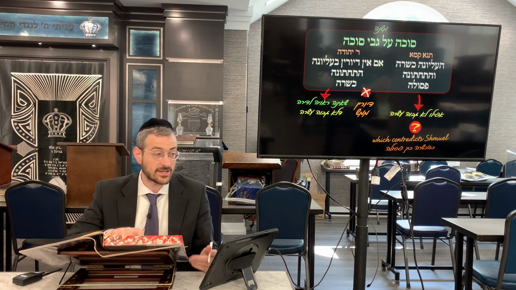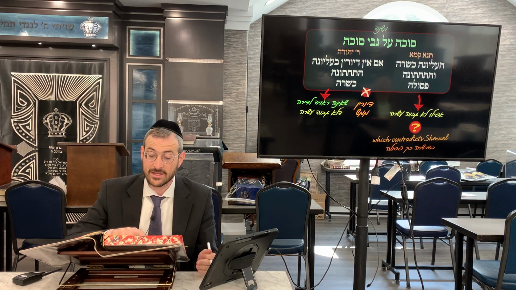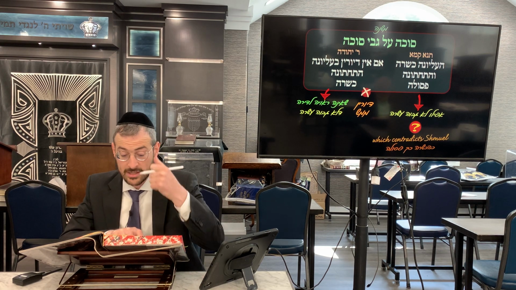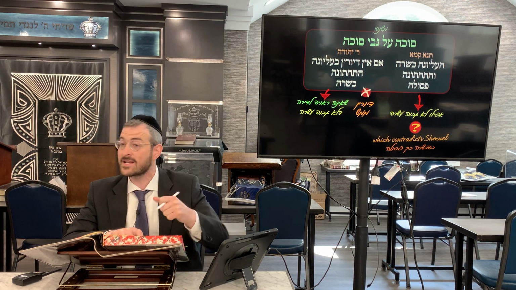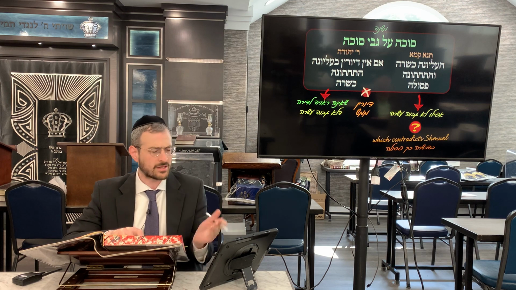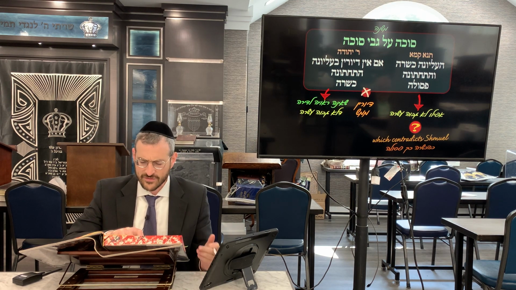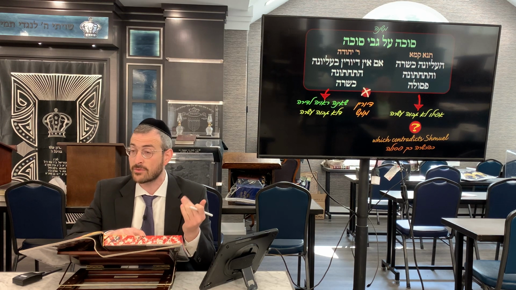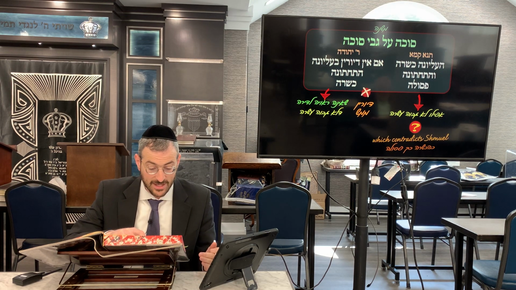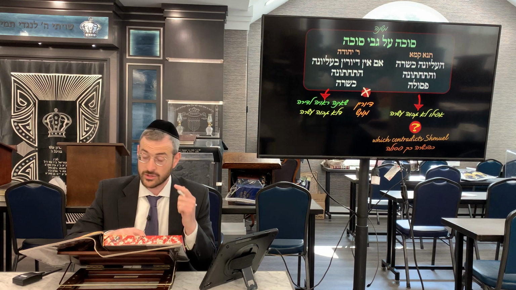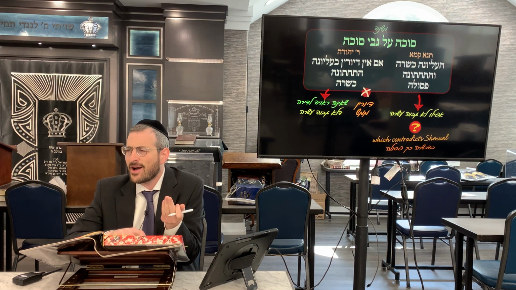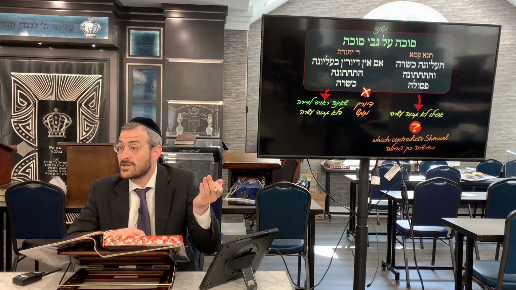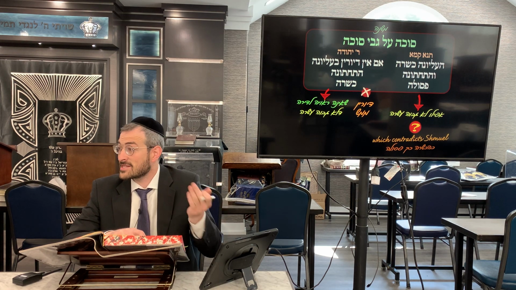Rather, obviously, the way you have to translate the words mai ein diyurin doesn't mean that if there's no dwellers in the upper one, the bottom one's going to be kasher. It means kol she'ein ra'uy l'dirah. It means, of course, no one's there because it's not fit for dwelling. Now, what's the case that the upper sukkah is not fit for dwelling? Must be de'leika gova asara, because it's not even 10 tefachim high, which is the minimum that a person can fit inside. So that's what Rabbi Yehuda is saying. Okay, so it's not 10 tefachim high. So Rabbi Yehuda says then the low one's going to be kasher because it's not sukkah tachas sukkah, because that one's not a sukkah, being less than 10 tefachim.